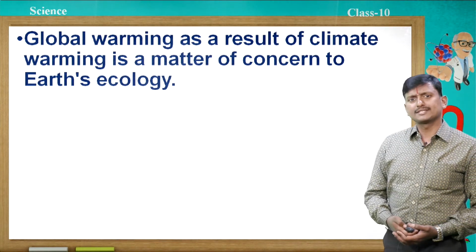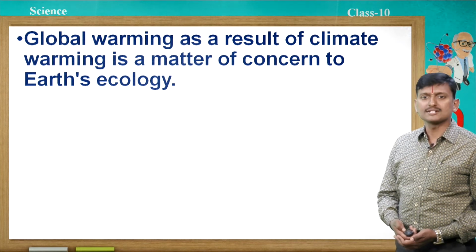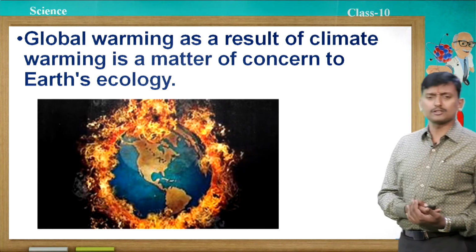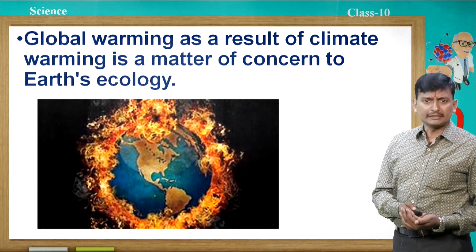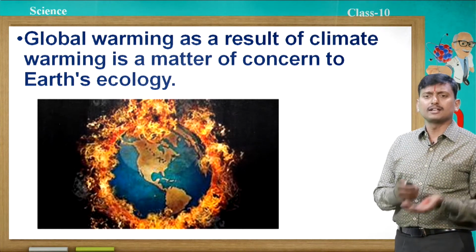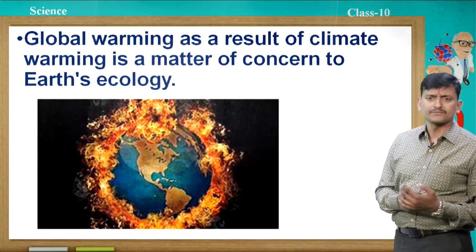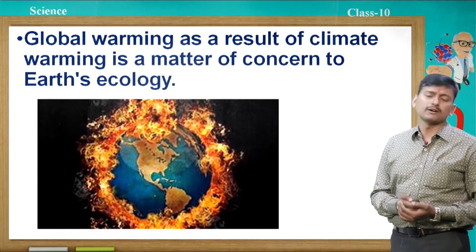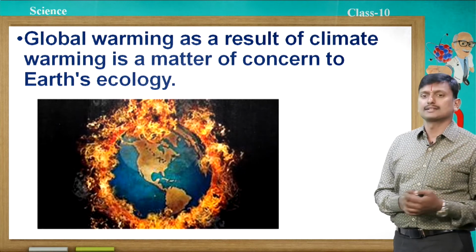Global warming as a result of climate warming is a matter of concern to Earth's ecology. See here, this is called global warming. It means that an increase of carbon dioxide level in nature will affect the temperature. The temperature of the earth going on increasing is called global warming. This is a serious case if you neglect